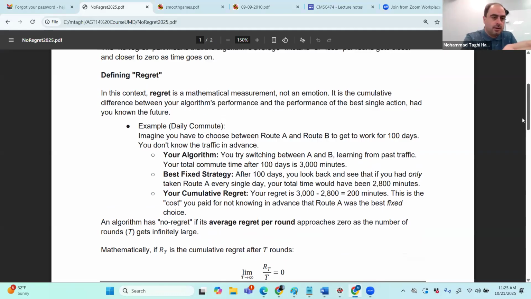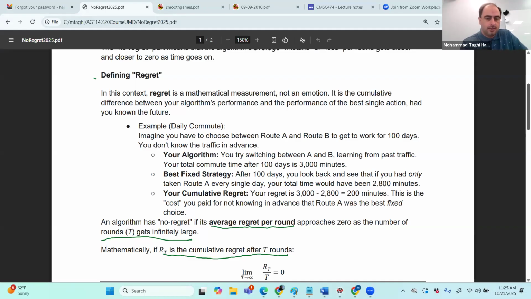So this is the mathematical formulation. It says that for a no regret algorithm, the average regret per round approaches zero as the number of rounds gets infinitely large. So if R_T is the cumulative regret after T rounds,